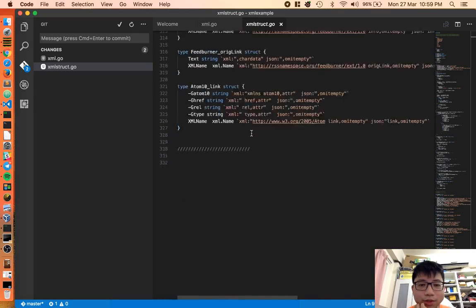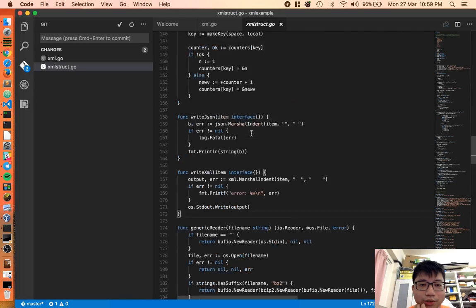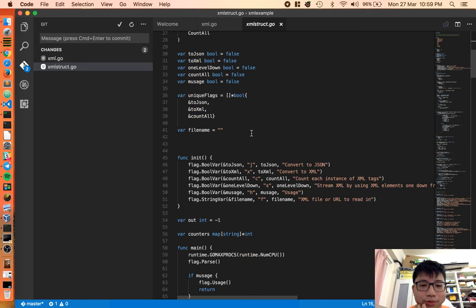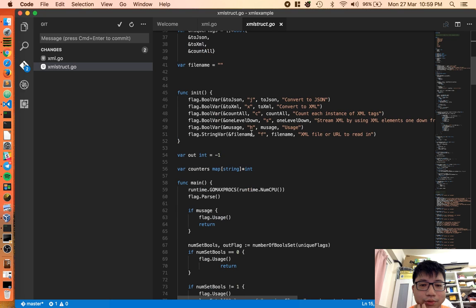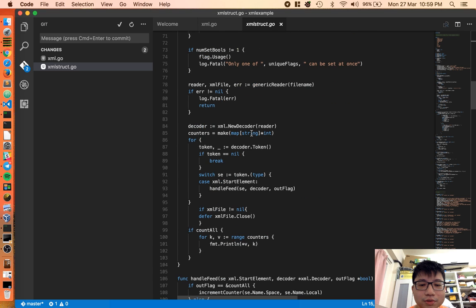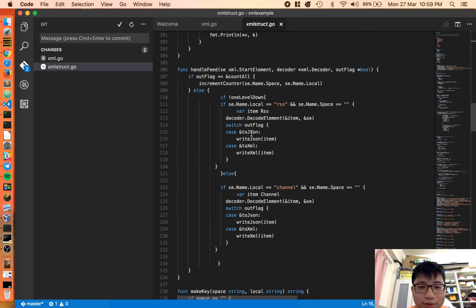Huh, it actually outputs the Go code to actually generate all these things. Cool. Holy cow, it actually does everything here. Okay, it's not even